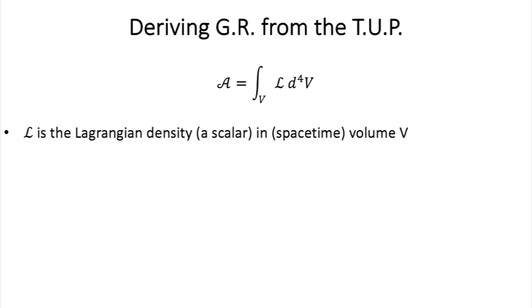Now, in the case of space-time, this is a Lagrangian density. And what allows to measure space-time is a special tensor called the metric tensor. Again, we've seen that in previous videos. So we're looking to find a Lagrangian that is a scalar function of the metric tensor and of its derivatives, just like the classical Lagrangian is a function of x and of its derivatives. This Lagrangian scalar turns out to be the Ricci scalar.